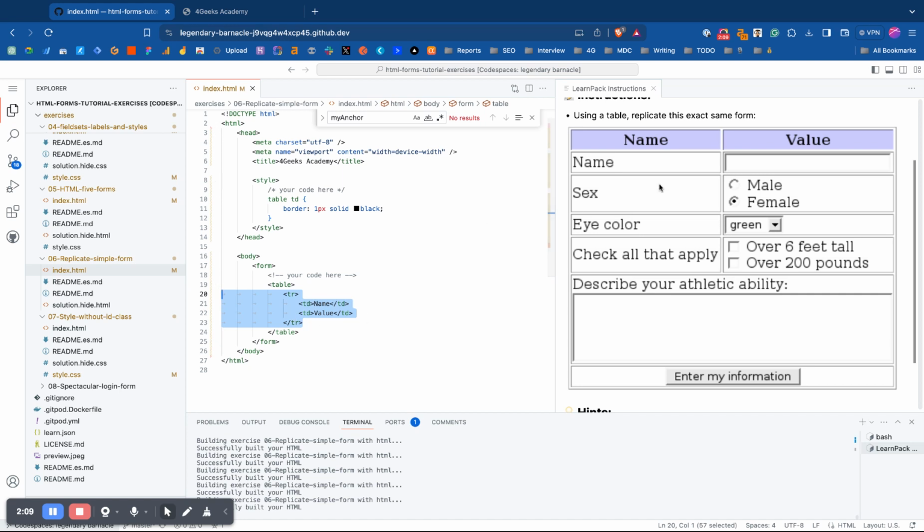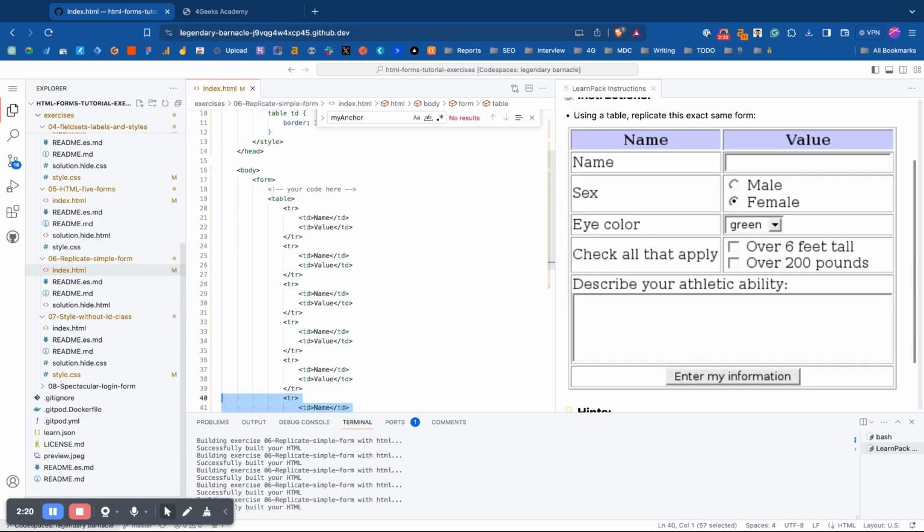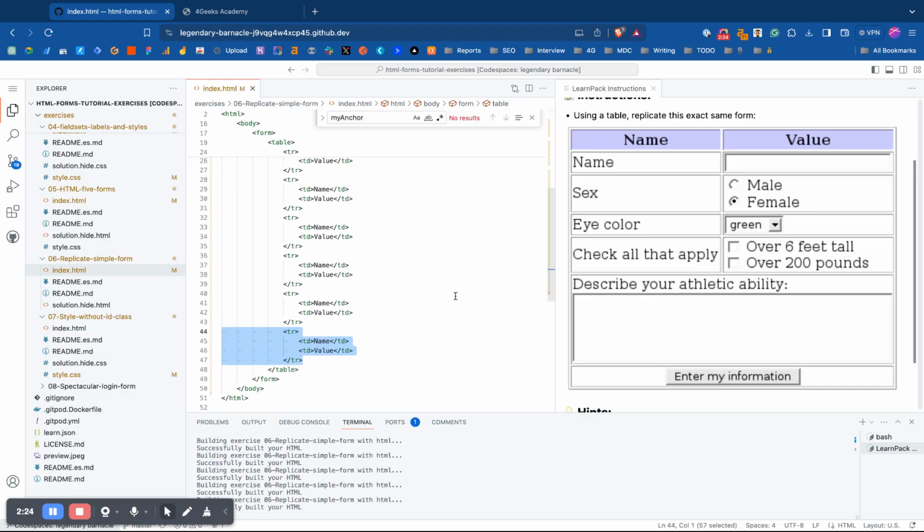So now we have to duplicate this for as many times as rows that we have. So 1, 2, 3, 4, 5, 6 rows we have. So this is a table row, right? So we're gonna put here 1. Gonna make sure that we have 6. 1, 2, 3, 4, 5, 6. Well, we have 7 now, so let me remove 1. Okay, and in the first one, it's name